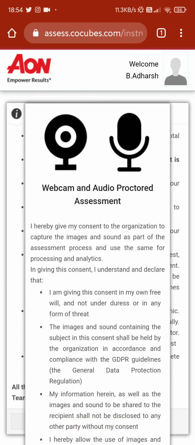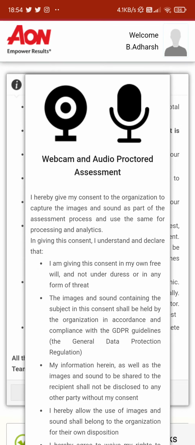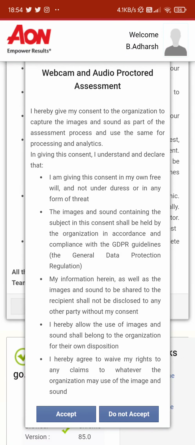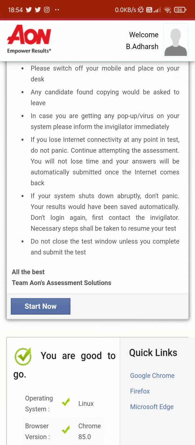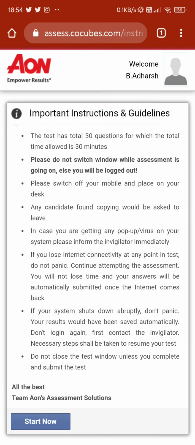Here the system will show you basic instructions and you are also required to give the consent. While the examination is happening, the faculty of Geetam University are monitoring the students from the backend. They will look at your images, your videos, and follow your behavior during the examinations. So please adhere to the examination guidelines. You give your acceptance, and after this you can see your instructions.